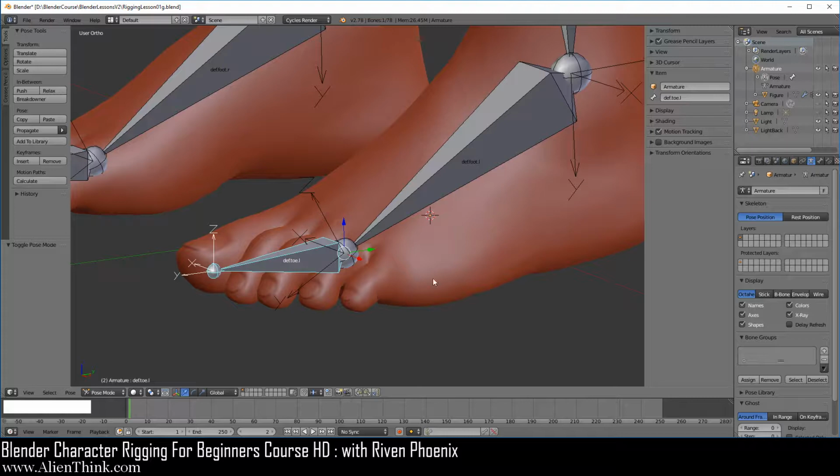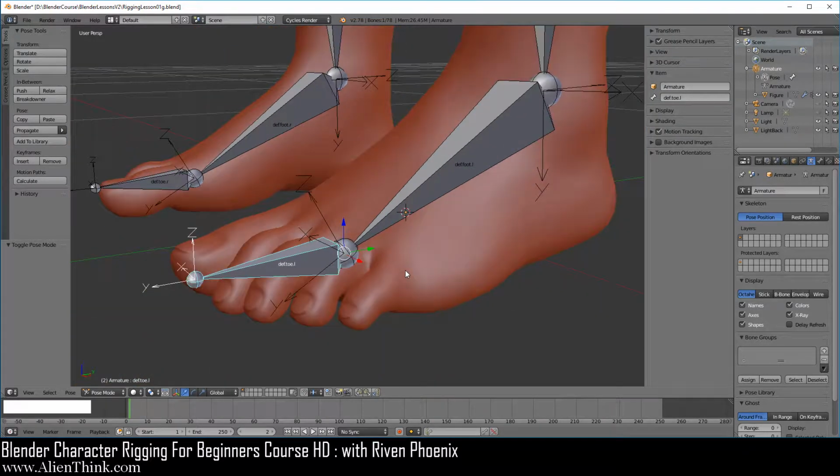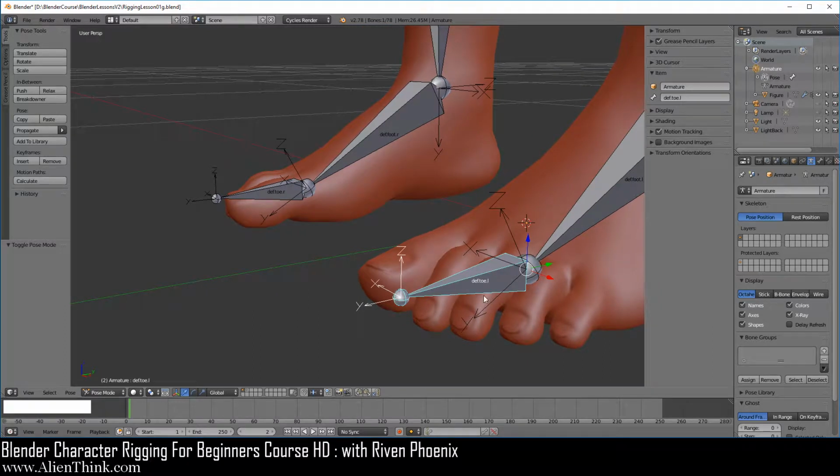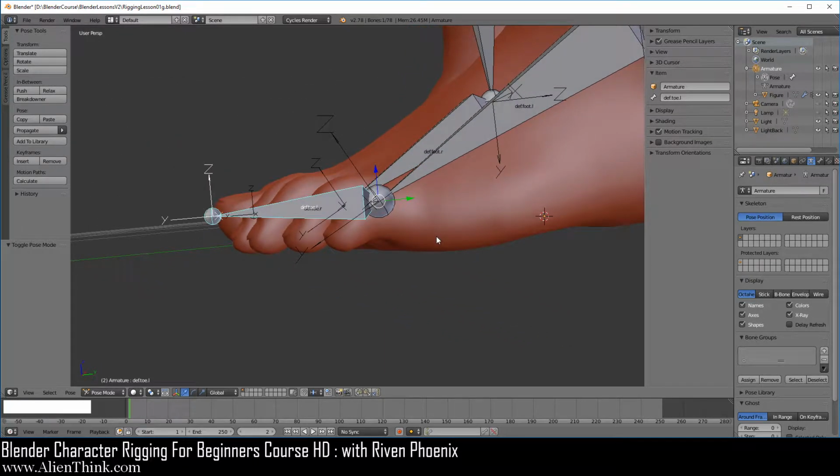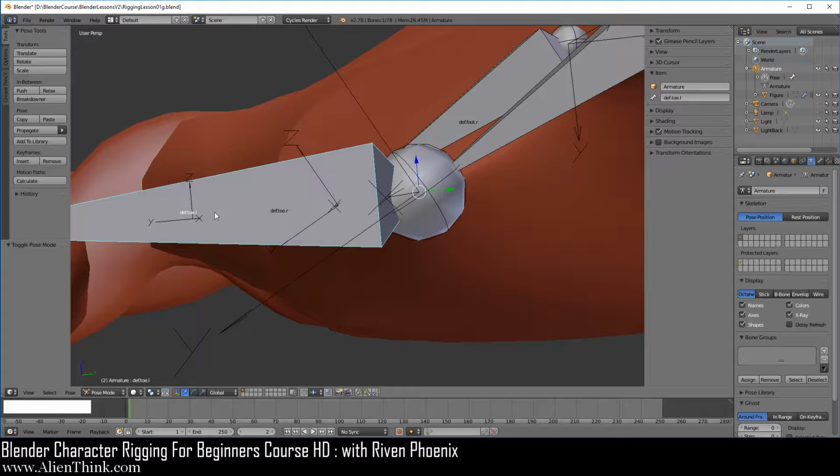Okay, now first press the 5 key to go into perspective, and what I want you to do is go ahead and overlap this bone with this bone. So you can just do the middle mouse button until it overlaps, and go ahead and just zoom in a bit. Now you'll notice that we can see the axis that's displayed on the tail on the toe.R and its name. So this means that we can actually click through this bone to select the other bone. Okay, now you'll notice that the axis is being displayed as white and the name is being displayed as white.